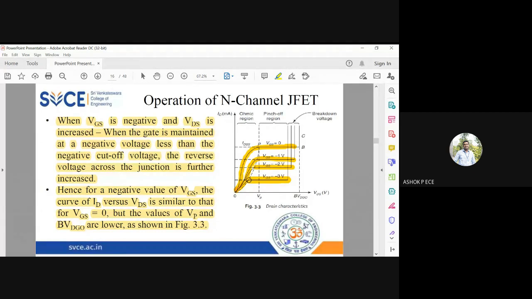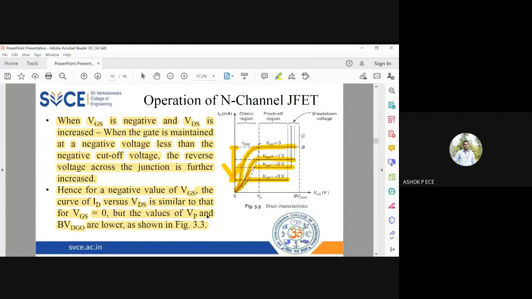And what is the reason for that? The reverse bias voltage will increase the depletion region width. When the depletion region width is increased, it occupies a considerable portion of your channel, blocking the current. That is why you can see the reduced current from VGS equal to 0 to VGS equal to -3. IDSS is called the saturation drain current. The constant value of ID is called IDSS. Even for saturation current, at VGS equal to 0 it is maximum. When VGS equal to -3, the saturation current is also dropping. It is reducing because the channel width is reduced.